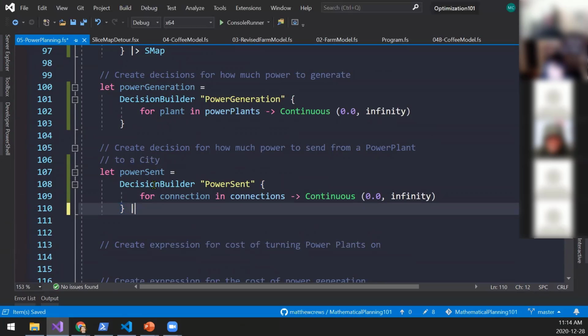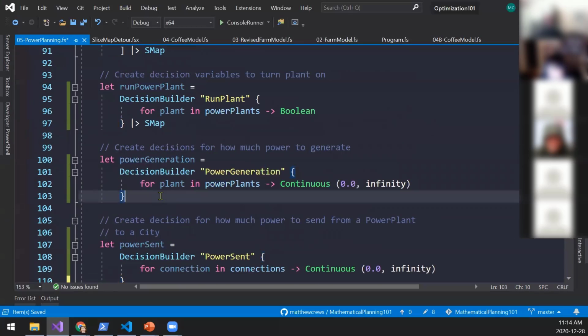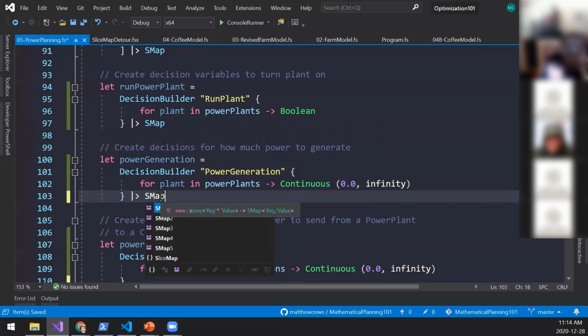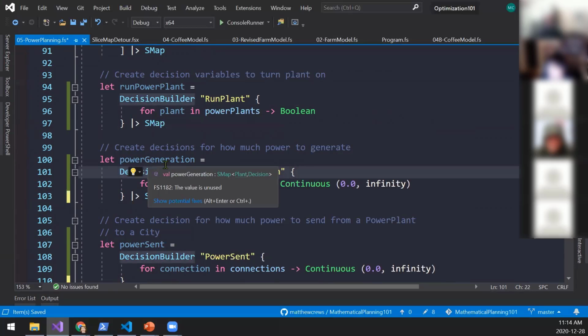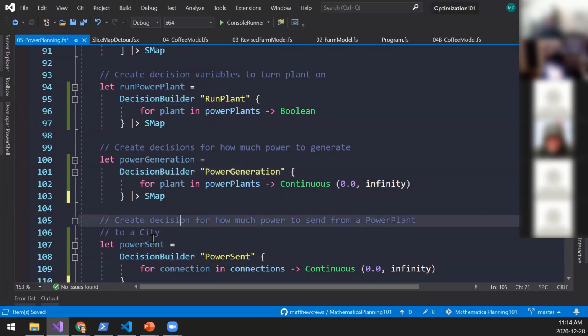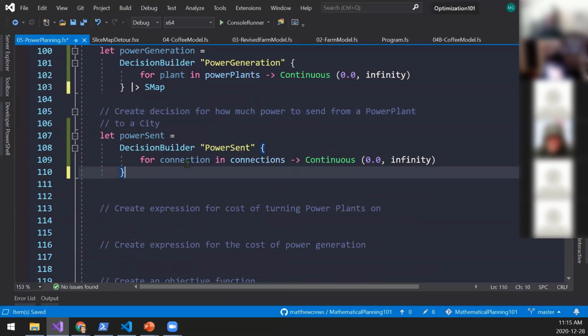And here I forgot to put this one into a slice map. So you see run power plant, slice map, index by plant, the value is a decision. Power generation, again, slice map, the key is a plant, the value is a decision. Power sent, connections is a list of city plant tuples.